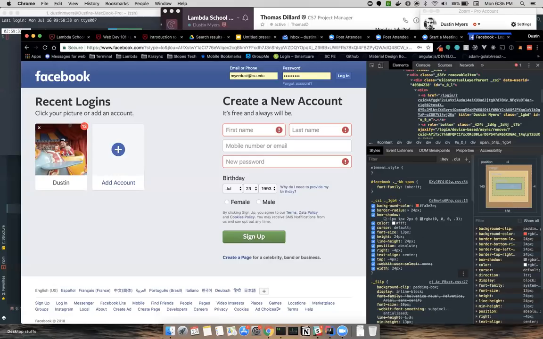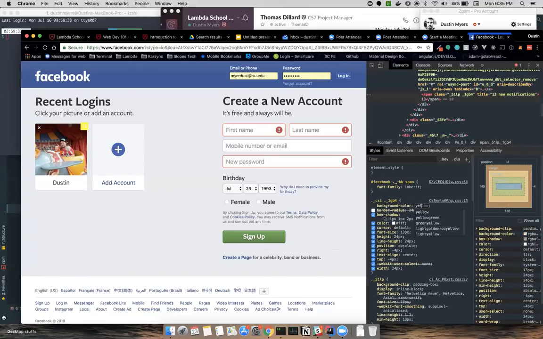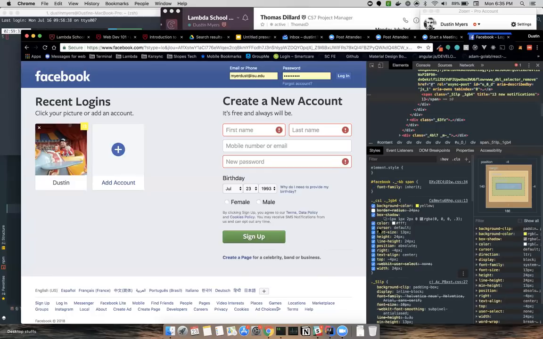So if we look at it, down in this bottom half of our dev tools is the CSS for this page. That little badge that we're looking at, I clicked on it right here in our HTML, and you can see it's highlighted over there on the left. This is the CSS that was written for that specific badge. And we can actually play around with this and take away some of the styling. So let's make this yellow, and we took away the border radius, so now it's a box instead of a circle.